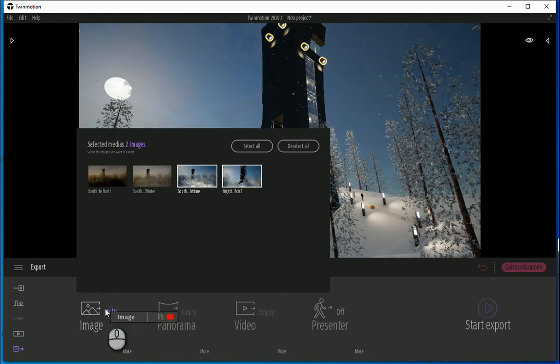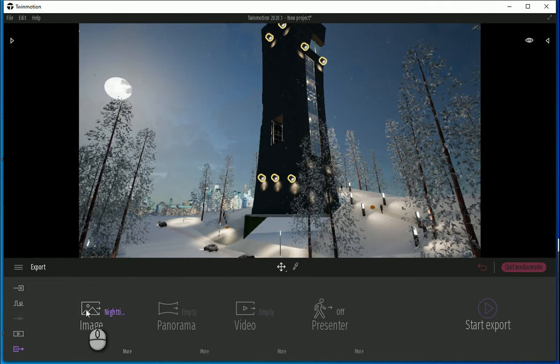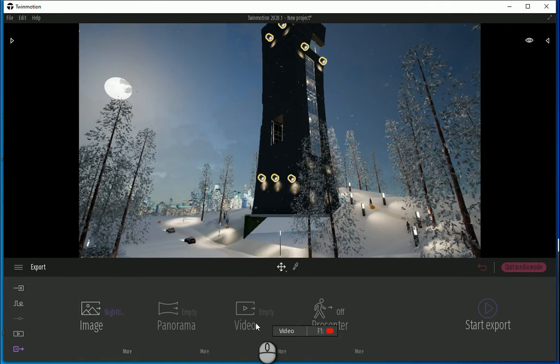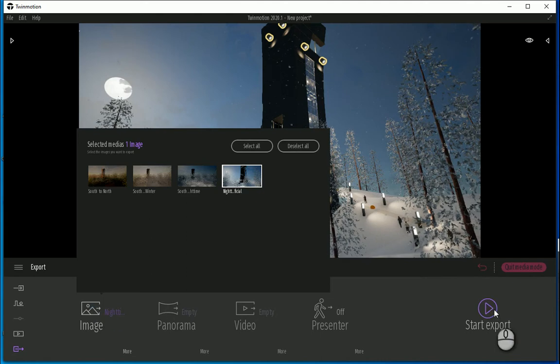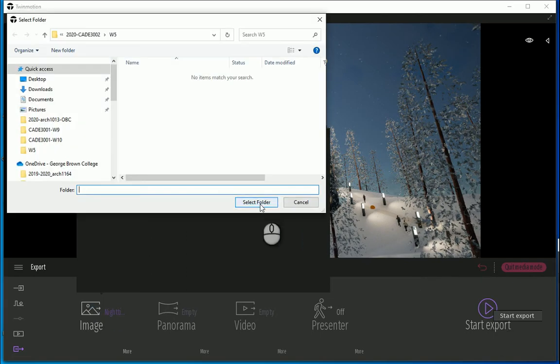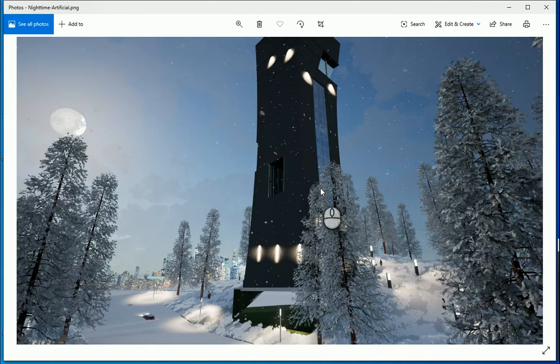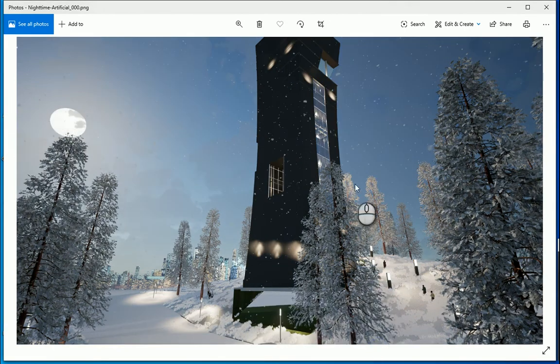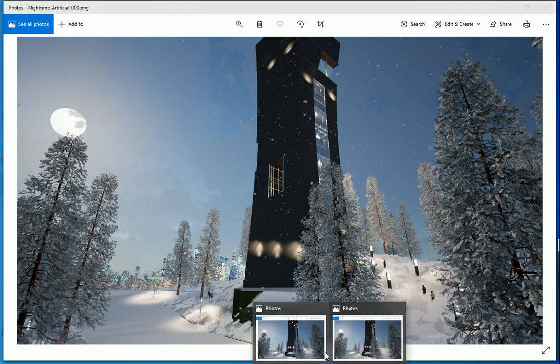Now I'm gonna go here. It says multi, so it means that more than one object is selected. So I want to select only one, and I say object because at the same time you can select one image and maybe one video if you have one there. I'm gonna start export. This is the old image and this is the new one. You can keep working on it, add more and more lights, and it's gonna be better and better.